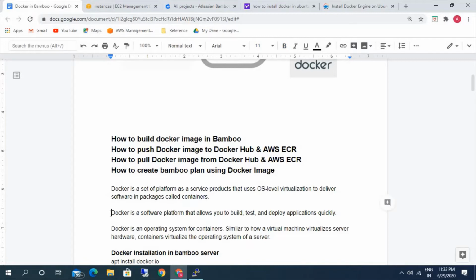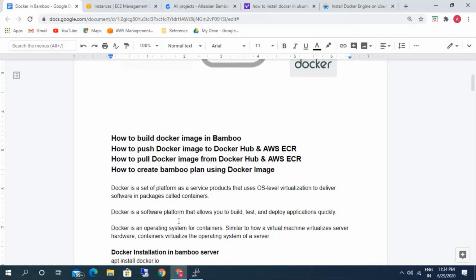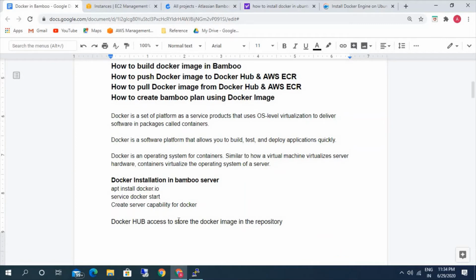Docker is a software platform that allows you to build, test, and deploy applications quickly. Docker is an operating system for containers. Similarly, just as a virtual machine virtualizes the server hardware, the container virtualizes the operating system of the server. Okay, so now we understand what Docker actually is.